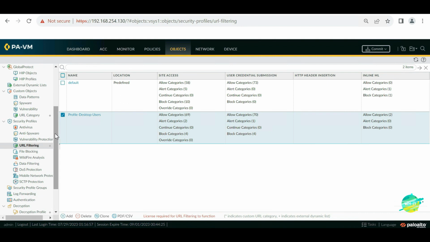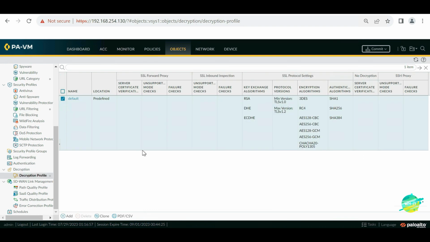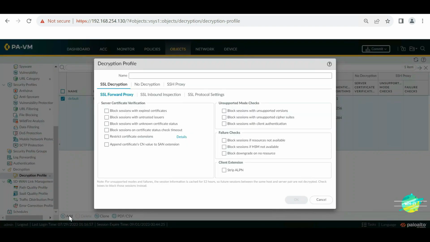So in order to create a decryption profile, you need to come a little bit down, and here is the decryption option. So we're going to create a new decryption profile. Click on add, and you can provide any name you want. Let's say we want to create this profile for the users. So let's say decryption